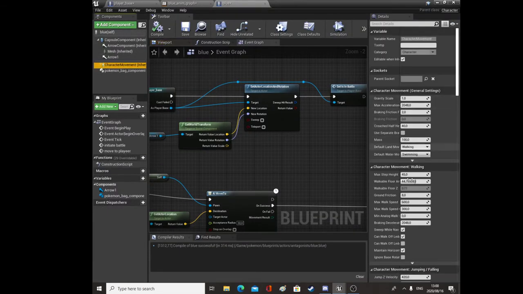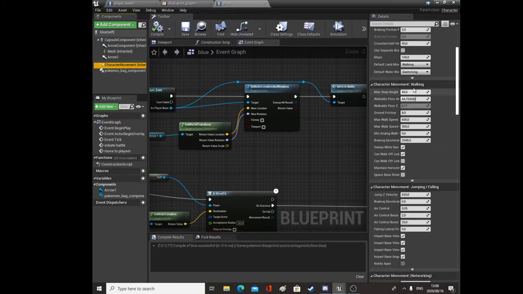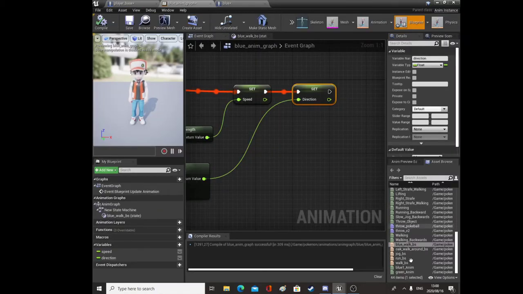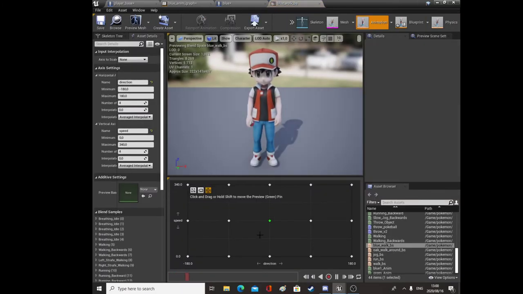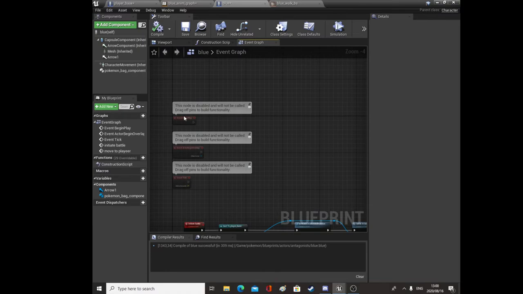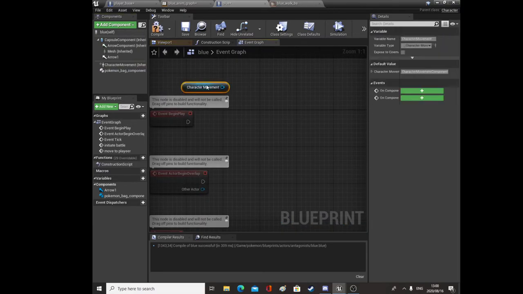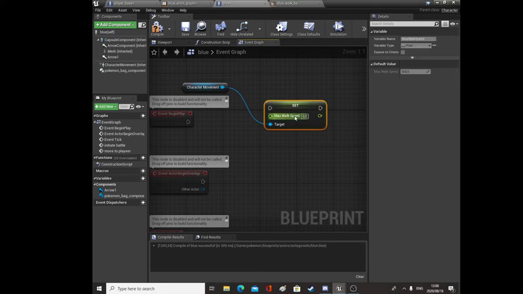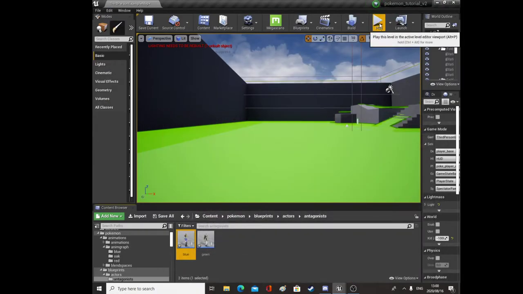Okay, so now let's set his base speed. Let's go to Character Movement, Walking, Max Walk Speed, we'll set to 340, and then on begin play we'll set him to, let's open up this Blue walk blend space. The speed here is 170. So when he's walking, we'll set him to 170. So on Event Begin Play, we'll get the Character Movement, and we'll say Set Max Walk Speed to 170. Okay, and then plug that into Event Begin Play,